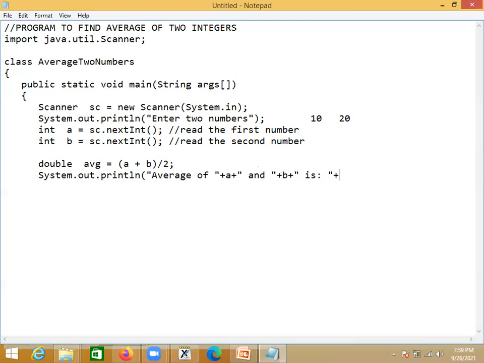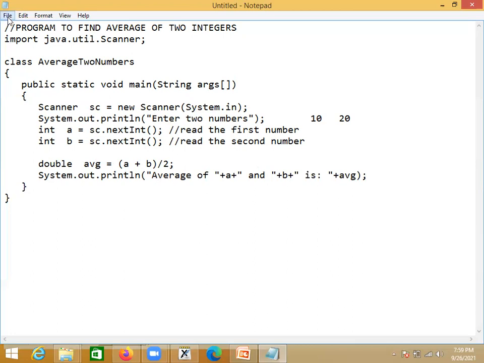Where is the result? In a variable called avg. Then close the main method, then close the class. This is how we can use the Scanner class to read two integers, calculate the average of those two numbers and print the result.